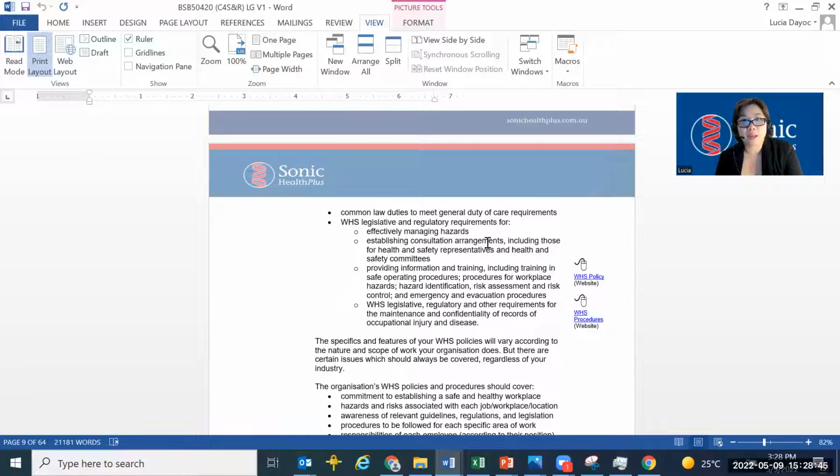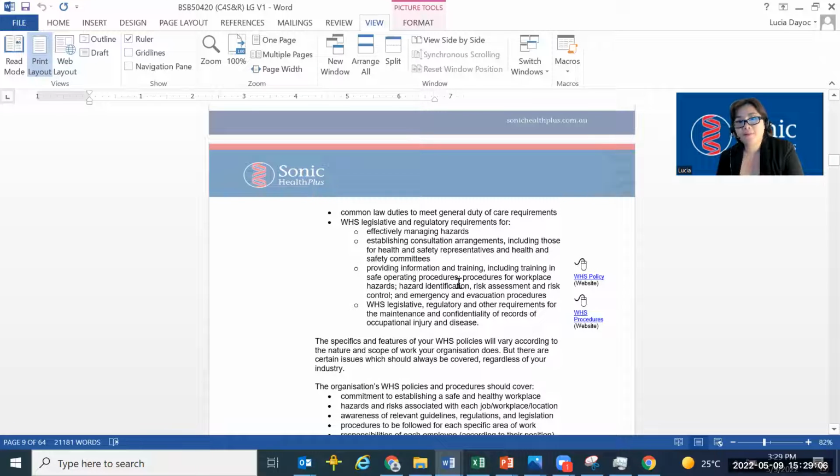So we call them the committee. All right. So they stand on top of the ladder when it comes to making big, hard decisions on work health and safety. Providing information and training is also covered under regulatory requirements and legislation, including training in safe